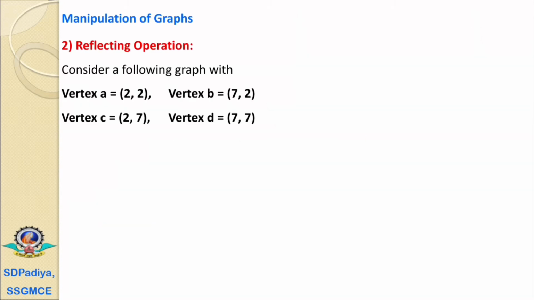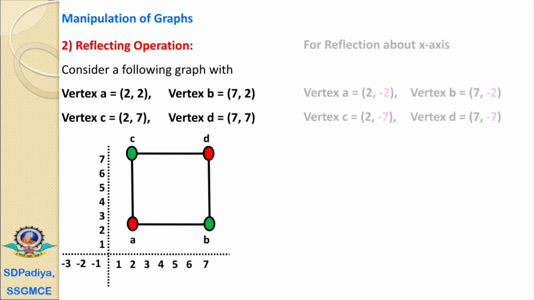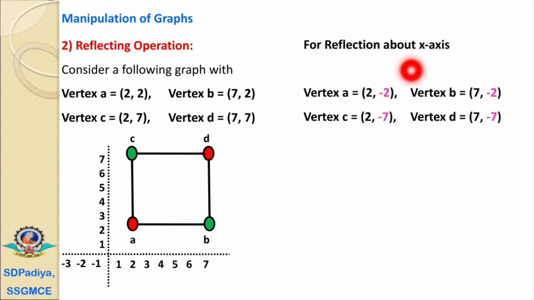Now we'll consider a graph with the four vertices, vertex A, B, C, D, with the same coordinates that we have considered before. Now we'll see how to perform the reflection of a graph about the x-axis as well as about the y-axis. First we'll see the reflection about the x-axis. If we are to perform the reflection of this graph about the x-axis, then we have to change its y